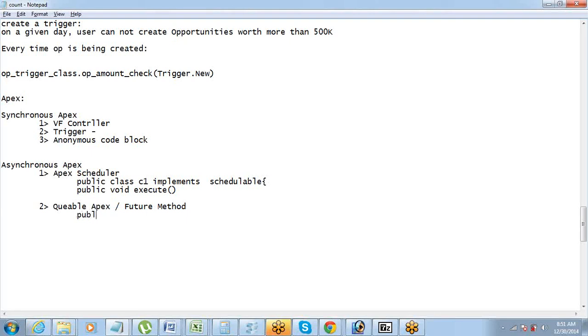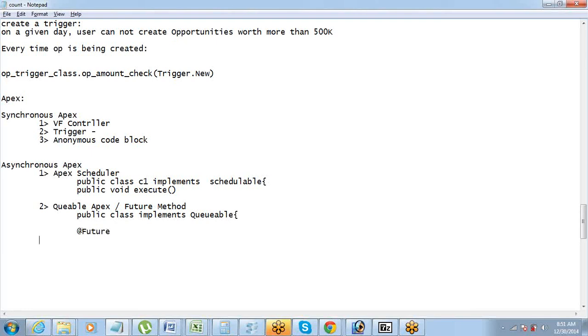So this is a simple thing. Here you just have to say public class implements queuable. That's what you have to say. And for writing a future method, you have to use an at future annotation.